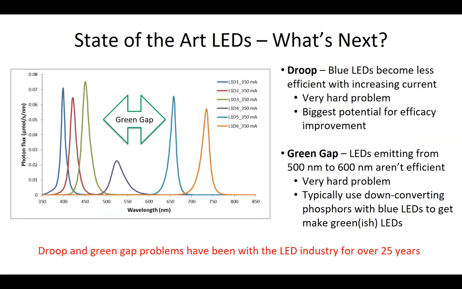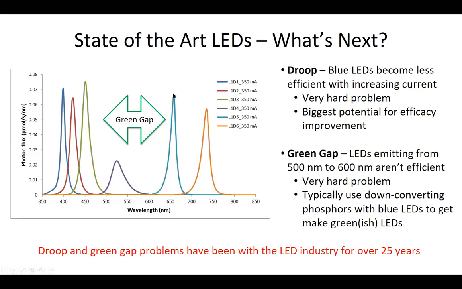So two areas where we can really take a look at improving the performance of LEDs. And this is a spectrum that we use for some of our research lights here at RPI. There are two areas that we can work on primarily in the blue and green LED region. The red